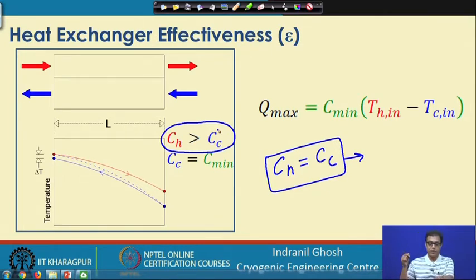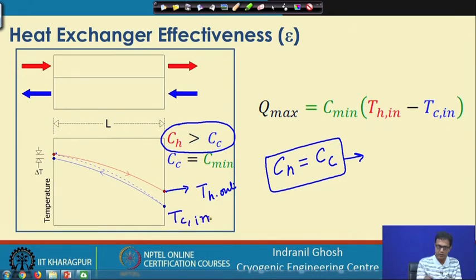So, in case we have this C H greater than C C, we find that the hot fluid is coming from T H in to T H out, and this is T C in and this is T C out,